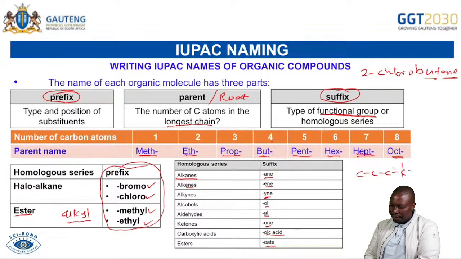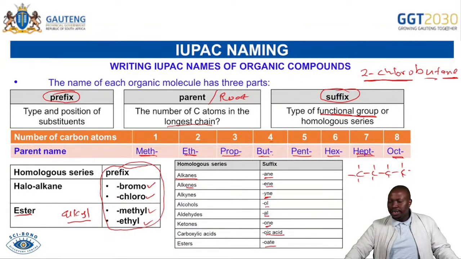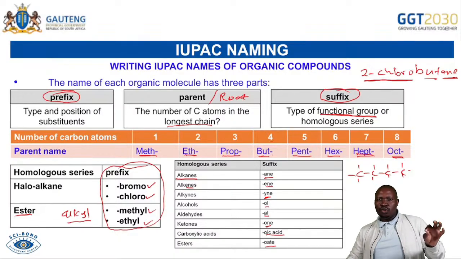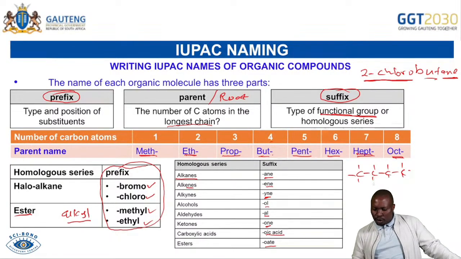And we said each carbon must have 4 bonds around it. So you know it's an "a", 4 carbons. And in carbon number 2, we have a visitor there called chloro. So it's 2-chloro, a substituent. It means in carbon number 2, I'm going to find a chloro. So you can see that the rest must be hydrogen.